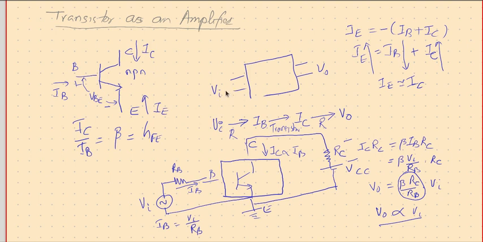So there is input here, there is output here. So we need to connect a transistor here. This transistor can be connected either with input as base, output as emitter; input as base, output as collector; or input as emitter, output as collector. So three configurations we have.